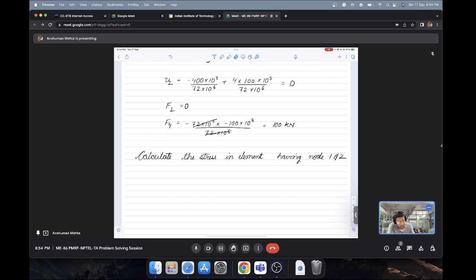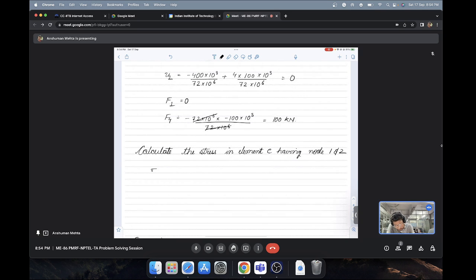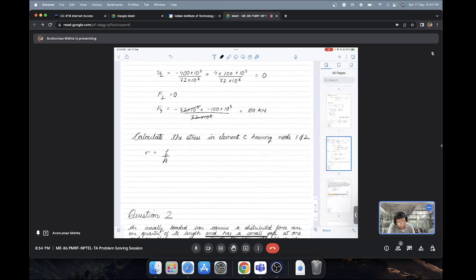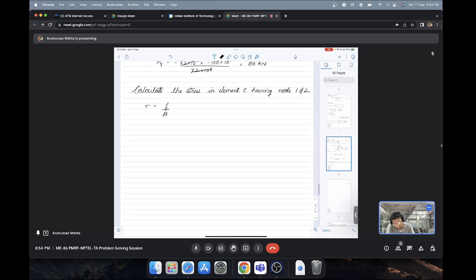So we know that sigma is equal to F by A. So sigma of an element will be equal to 1 by A of the element into F of the element,